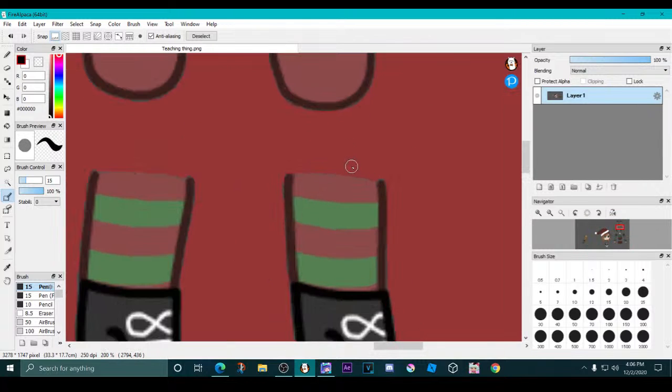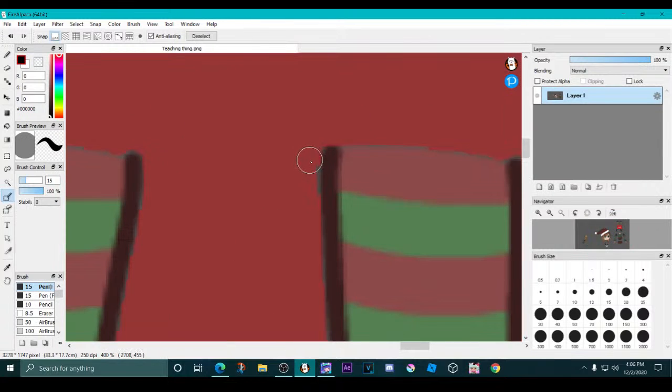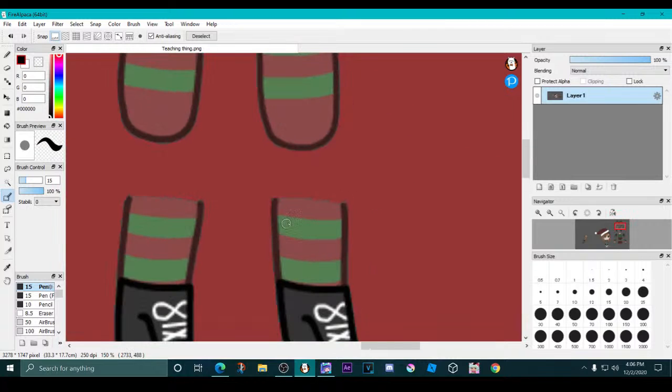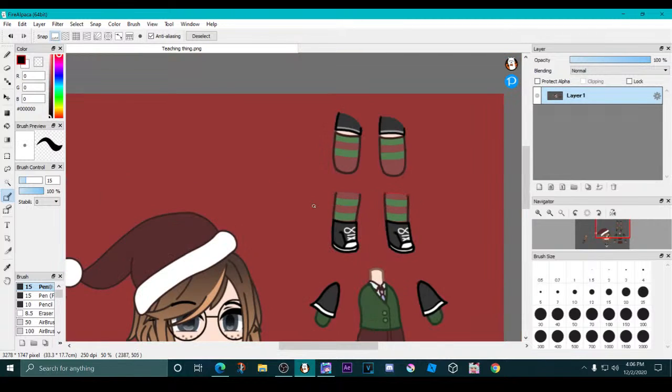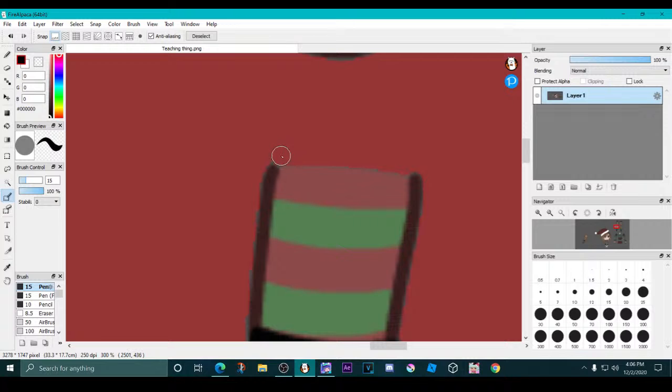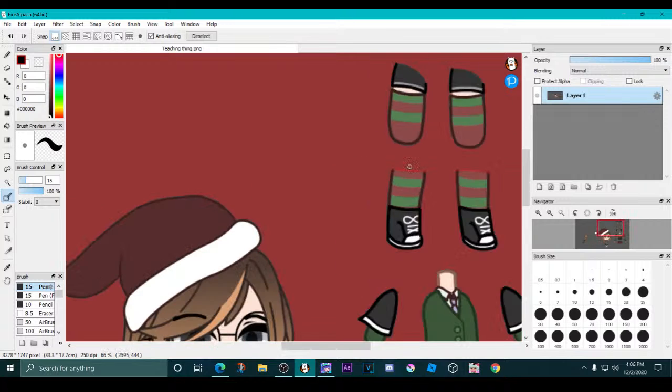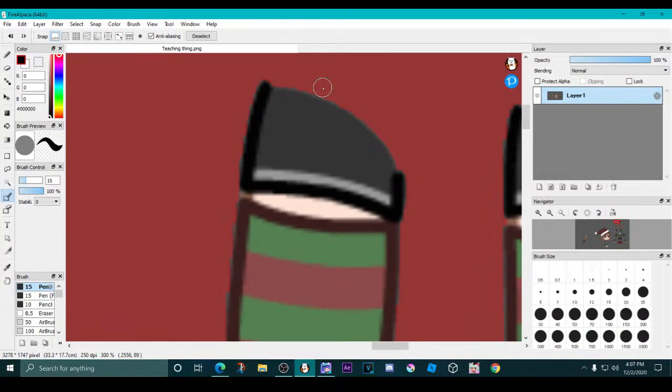When you cut out the thing, it's going to cut out your outline along with your background, and that's no fun. I've had that happen to me before. So right now I'm just cutting out the background,